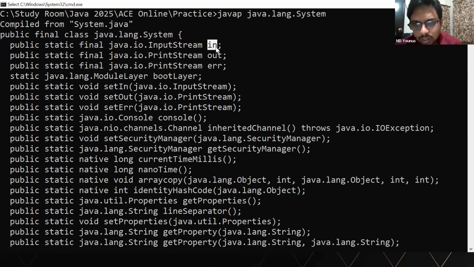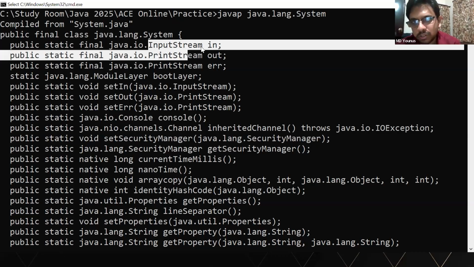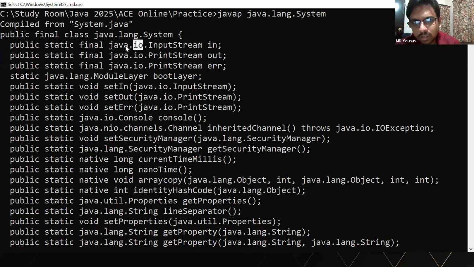And the in object belongs to which class? InputStream. InputStream, and java.io is a package. Okay. InputStream, PrintStream, all these are from the java.io package. Okay, so with this information,